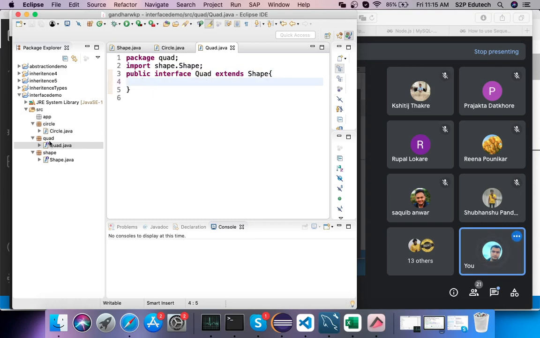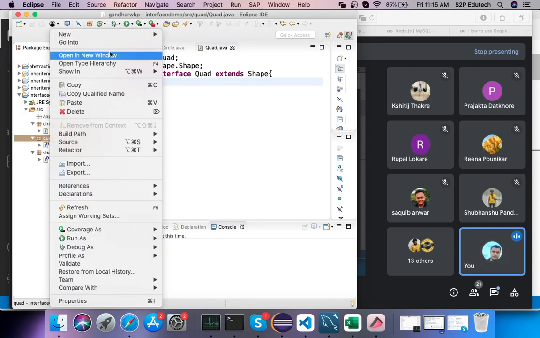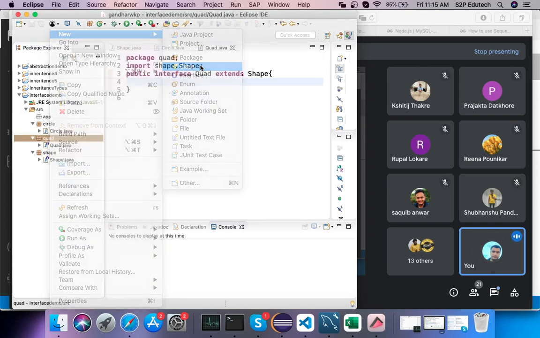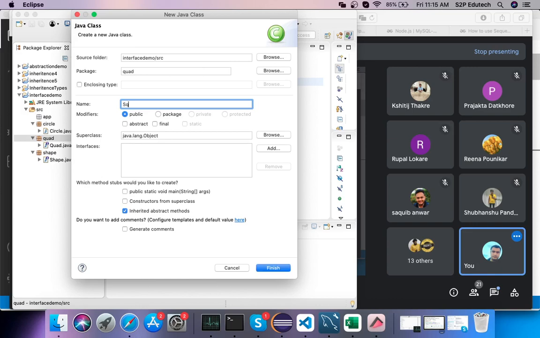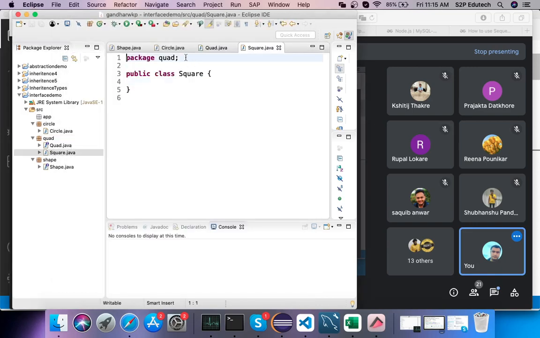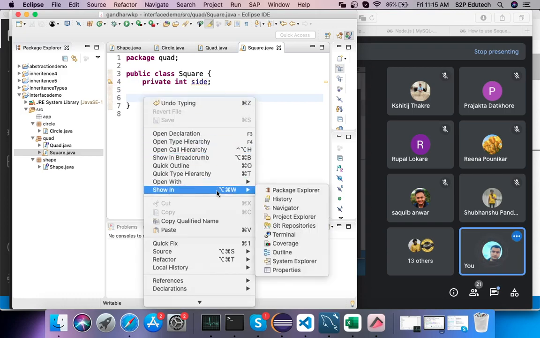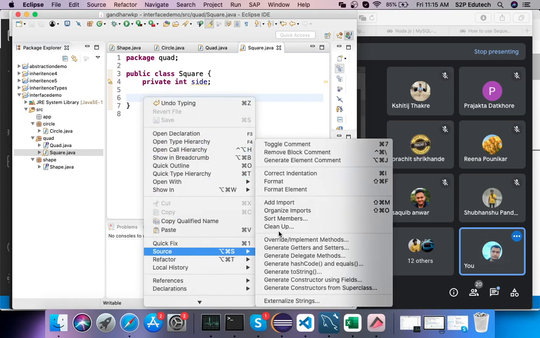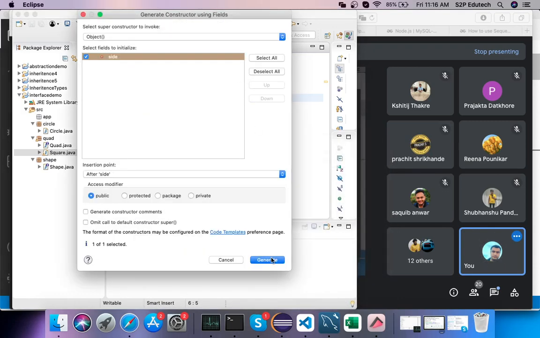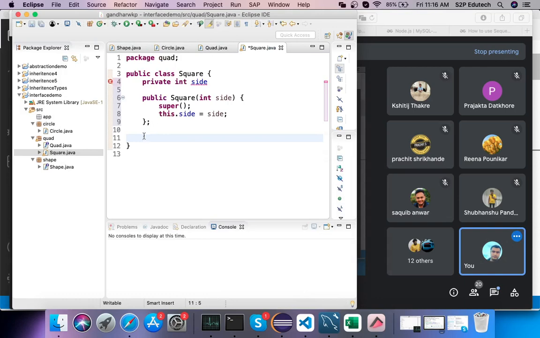Next is in quad I'll have one more class. I'll call it square. Inside square I'll have a data member side. Then what I will do is I'll create a constructor using fields, right?